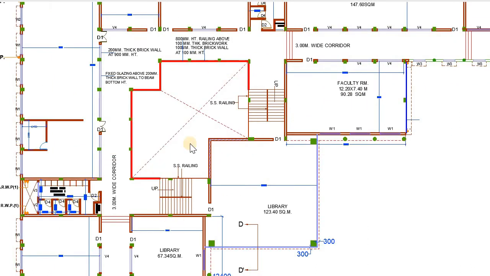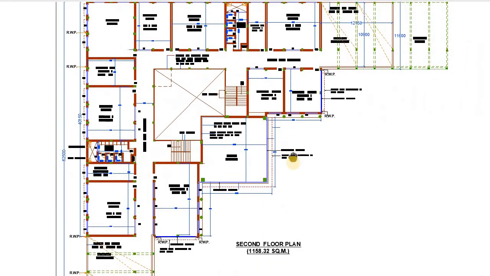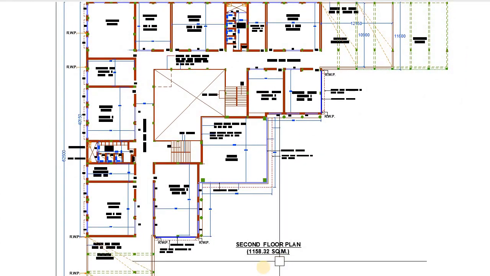So the staircase, which is designed in the middle of the academic floor, is the RCC staircase, which has the stainless steel railing. This again takes us to the second floor. As you can see in the layout, this is the floor plan of the second floor, which has the area of around 1158.32